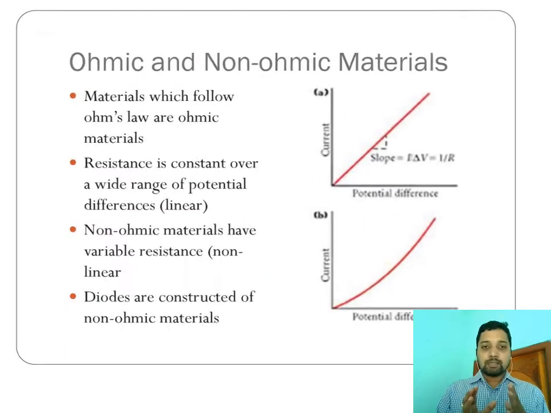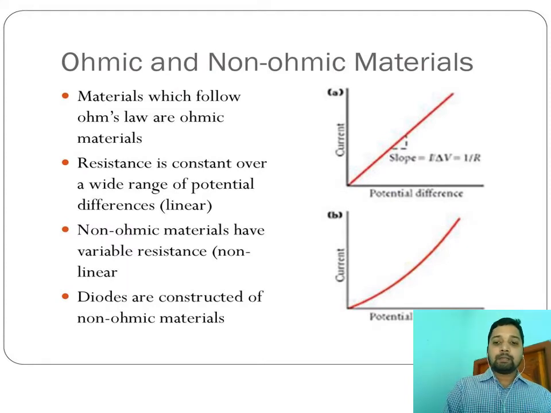So this resistance, whenever we say the resistance remains constant. Ohm's law, if we come to the statement, Ohm's law states that the current flowing through a circuit is directly proportional to the potential difference between the two terminals, two ends, when the physical conditions remain constant. Physical conditions remain constant means physical conditions, because the resistance depends upon some physical conditions.